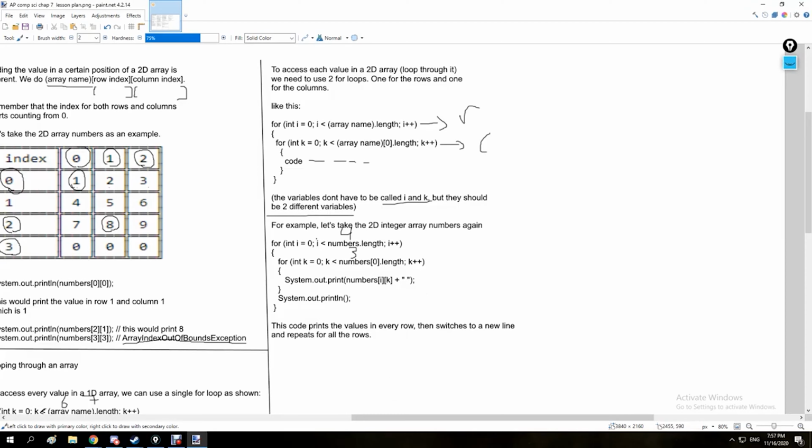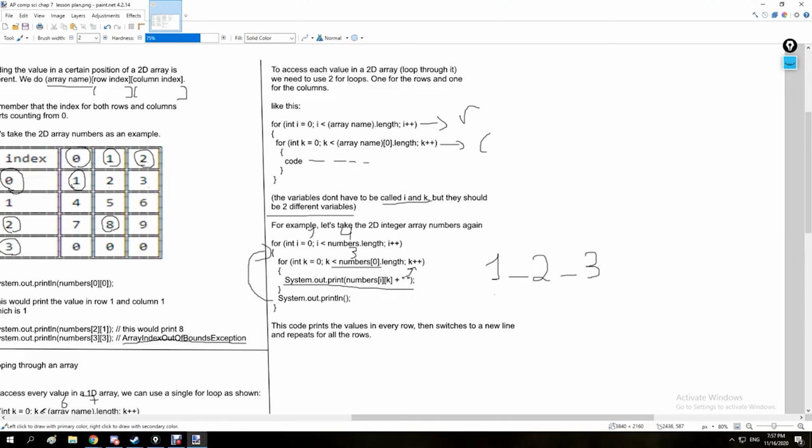So we're going to start with i is equal to 0, k is equal to 0. So it's going to print numbers 0, 0, 1 with a space. I'm putting these dashes just as a demonstration that there's a space. There won't actually be a dash. And then k gets incremented, 2, 3, and at that point k is equal to 2, and these instructions are executed. So then you increment k, it becomes 3, and you check the condition. Is 3 less than 3? No, 3 is equal to 3. So this for loop terminates, System.out.println, meaning we go to the next line, and then this for loop repeats again,